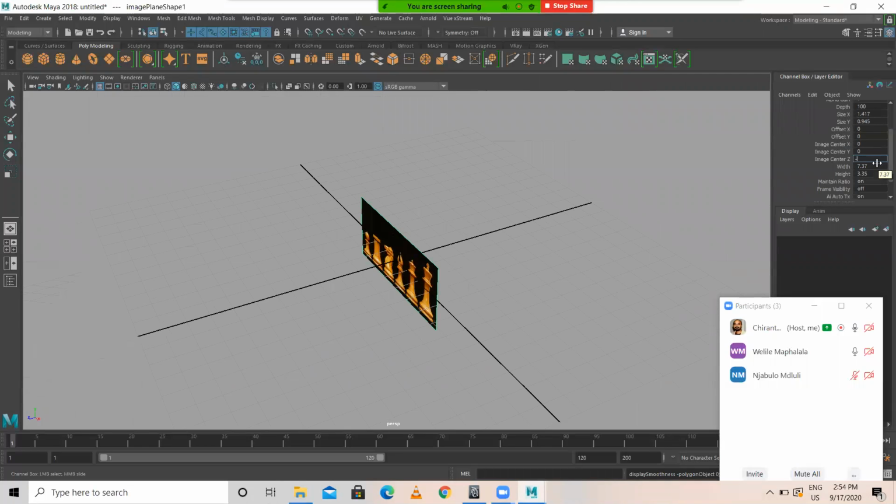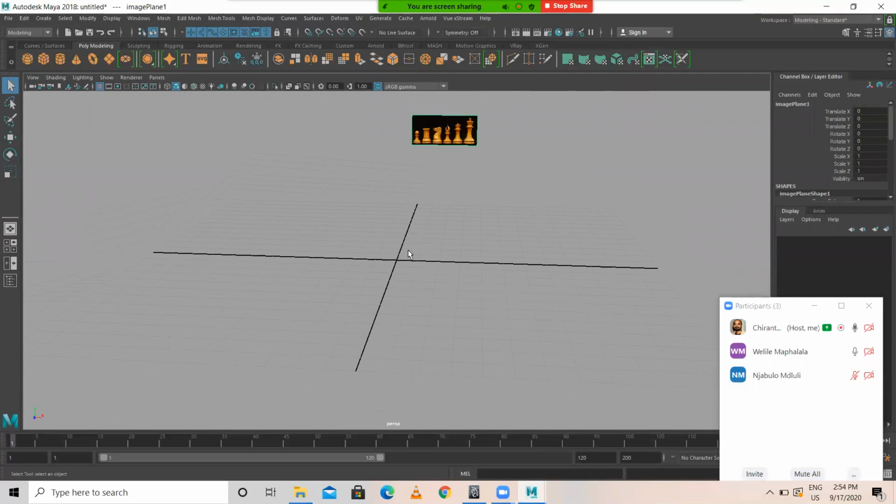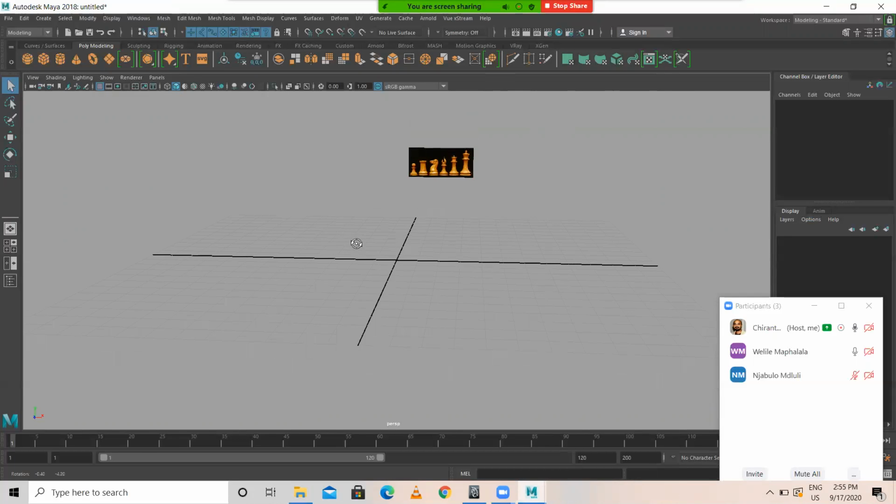Image center Z -50. So now the image is over here, right? It's not in the center of the grid. So you just select this and only do one thing, image center -50. Because I have imported this in front view, in Z-axis you have to give -50. Okay. Understood. Okay.